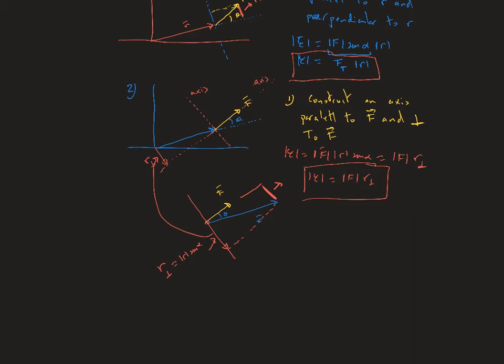So the torque, the magnitude of the torque, can be visualized as F, the magnitude of the force, by the magnitude of the perpendicular distance, because this R perpendicular is R sine of alpha. So either you do the cross product,